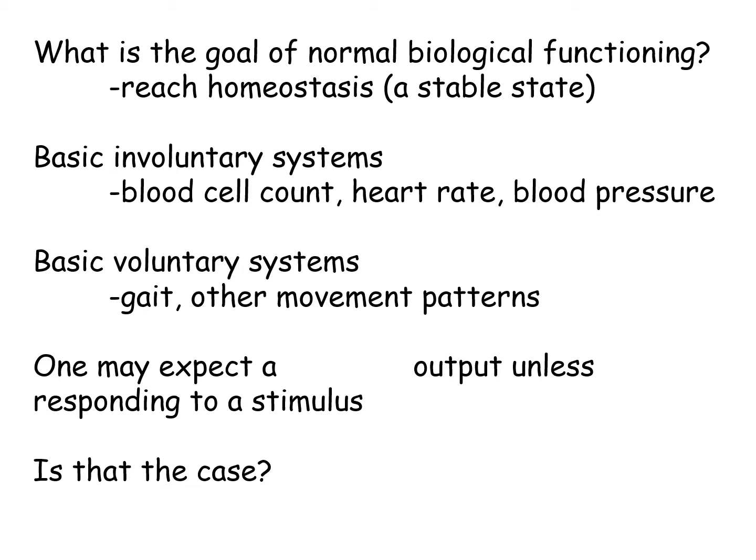Now let's look at basic voluntary systems, especially gait or other movement patterns: running, walking gait, riding a bicycle, swimming. Do we really want to see that our gait is stable? Of course, we want our gait and balance to be stable so that we don't fall. But when we look at the details of the gait, which we'll talk about a little later in this lecture, when we're looking at heel strike to heel strike, which is one gait cycle, and we look at many of these,